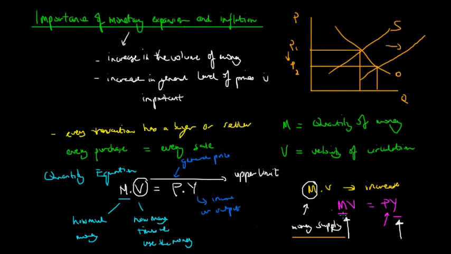But if the monetary supply increases and output increases at a lower rate, then this average price, P, must have increased. This is extremely important for economic growth in the economy, because aggregate expenditure determines aggregate supply in the short